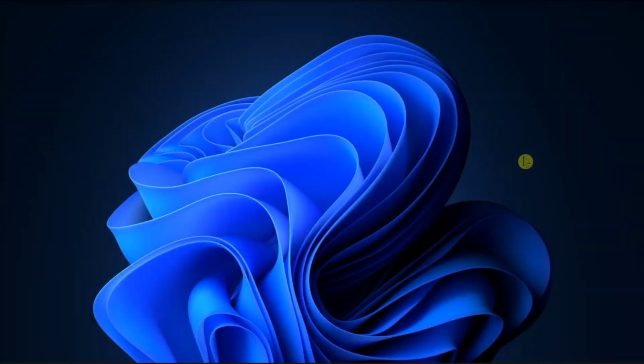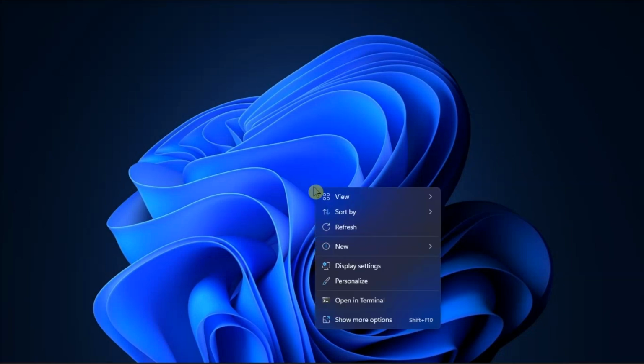Do you want to see something different in your desktop or laptop computer's background? Then you can change it and we will show you step by step how you can do that. Firstly, if you're using Windows 11, right-click on an empty space on your desktop, click Personalize,